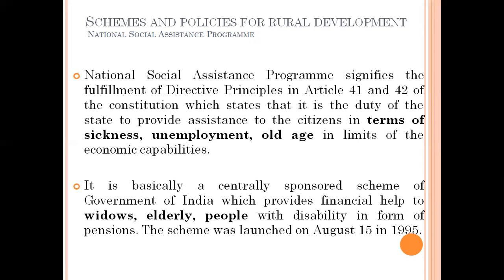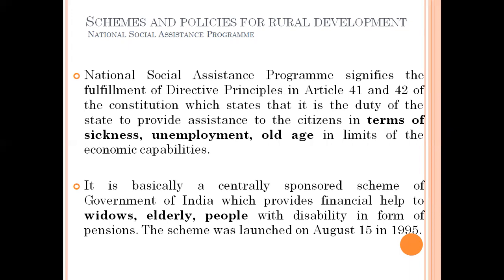100 by the state government. The second scheme which comes under National Social Assistance Program is Indira Gandhi National Widow Pension Scheme. This scheme was introduced in the year 2009, and it provides assistance to widows who come under below poverty line and age group of 40 to 59, and the monthly pension amount is 200 rupees per beneficiary.